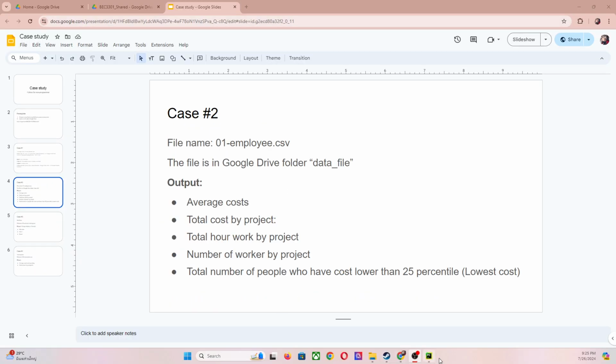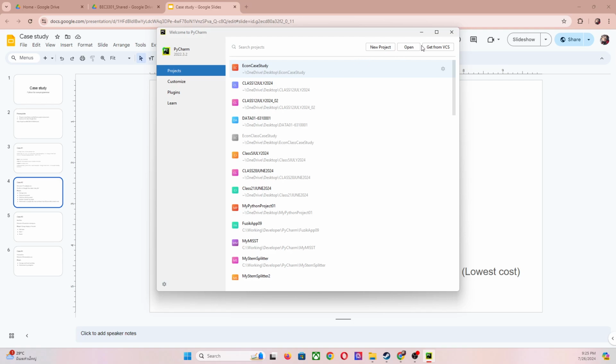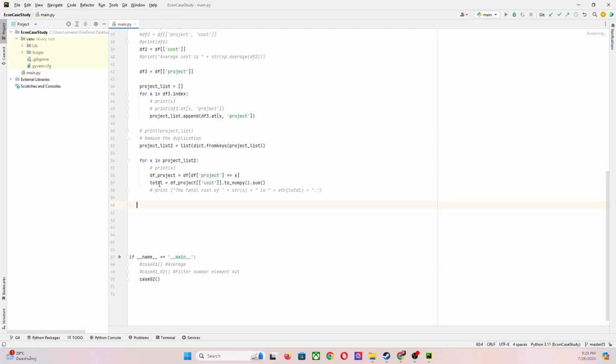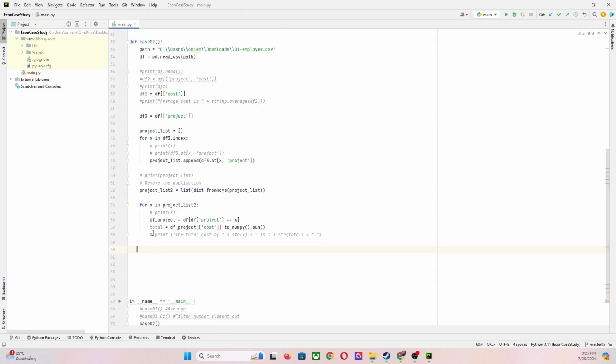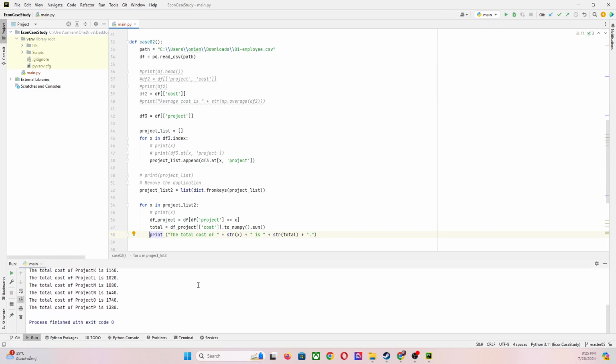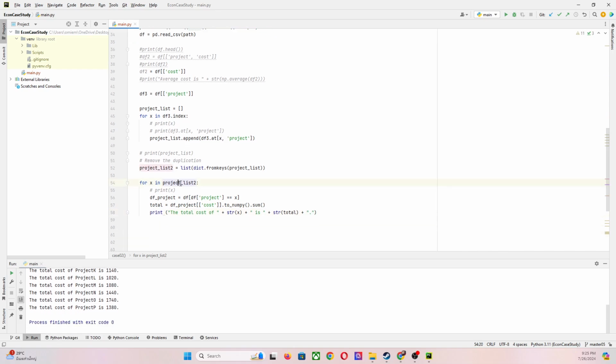Okay, so let's see. We open the project that we did in the last class. This one is the project that we did, and then we have the total cost. So if we run the program, it can run the total cost of each project. Okay, so what we learned is we have the project list number two. That is the data. So if you want to check whether the project list number two is the list of the project without repeating, we can comment